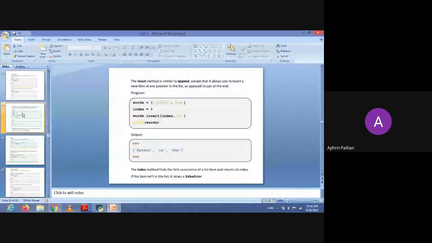So next, the insert method is similar to append, except that it allows you to insert a new item at any position in the list as opposed to just at the end. Okay,